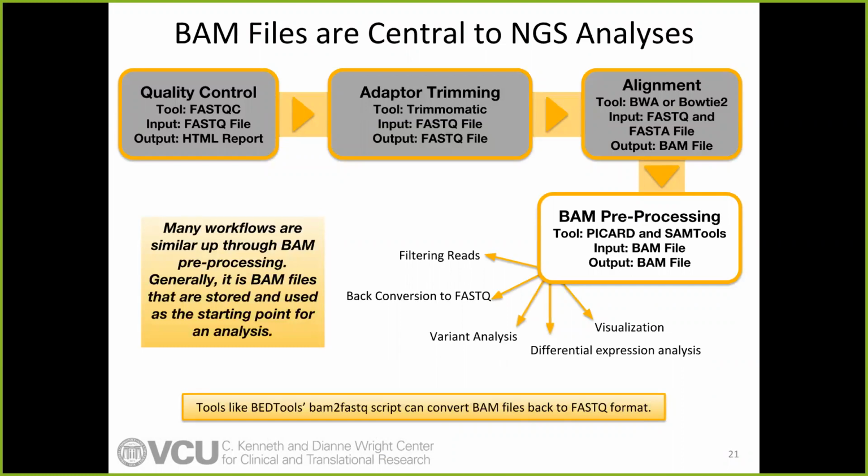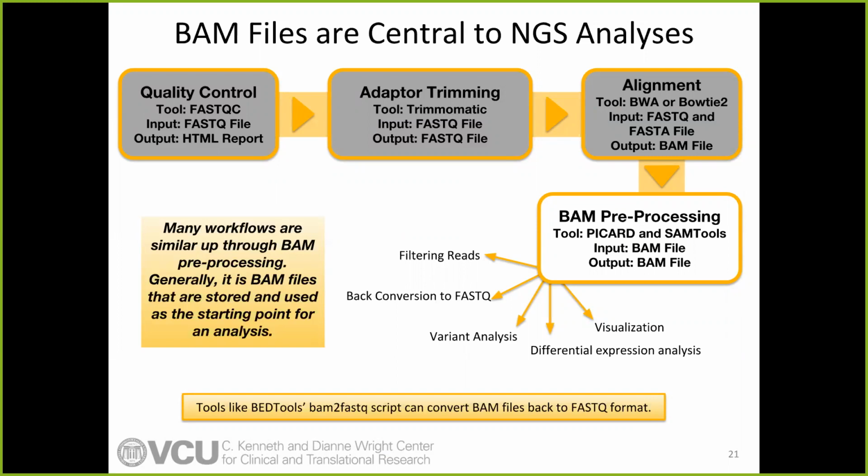I like to stress this slide because up until BAM preprocessing, most sequencing pipelines, DNA-Seq, RNA-Seq, whatever, are very similar up until the BAM preprocessing stage. And BAM files are usually the files that you will find on public databases, such as the Genomic Data Commons with the Cancer Genome Atlas data. They have BAM files that are already aligned to a human genome because they're smaller